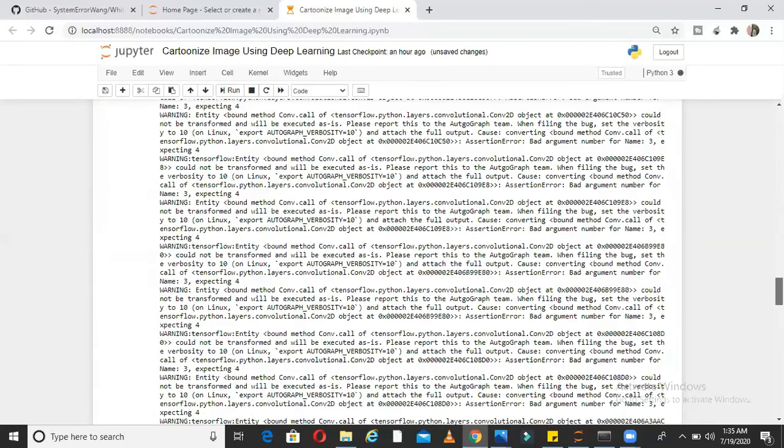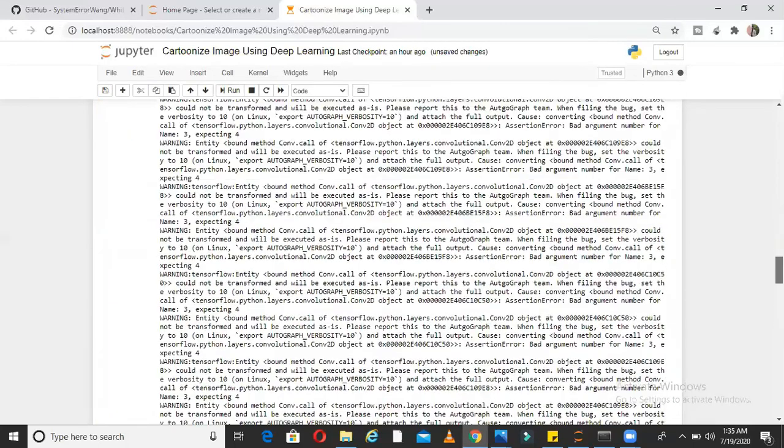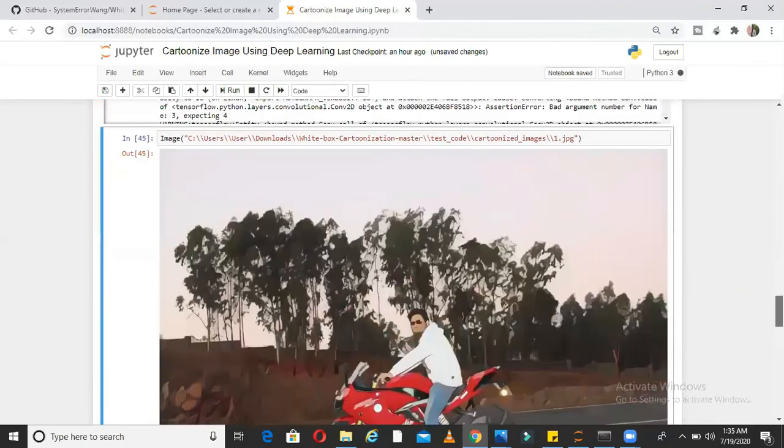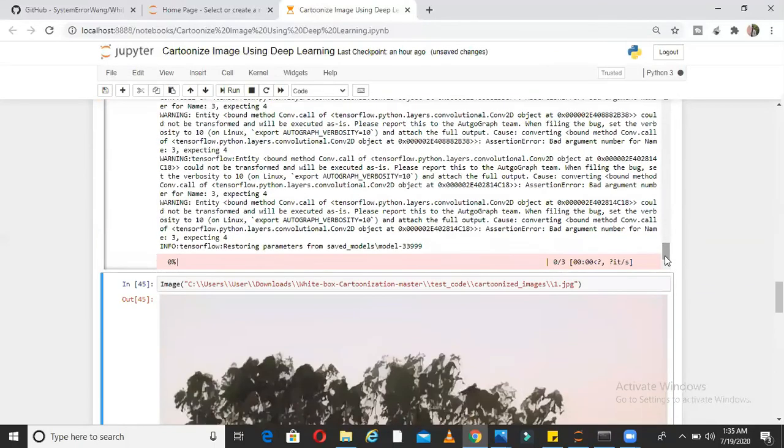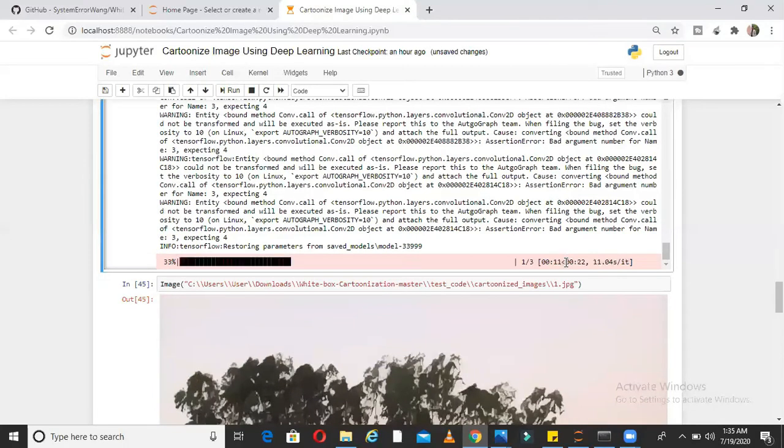So if I rerun this, I had run one iteration before. If I rerun this, you would see that it is progressing for 3 images. It will say 0 by 3, if you can see here the progress bar 0 by 3, right. So one by one it will take individual images and it will generate the output. So 33% means 1 by 3 is done, okay, and it will become 66% means second image out of the 3 images is done, and 3 by 3 means all the images are done, okay.